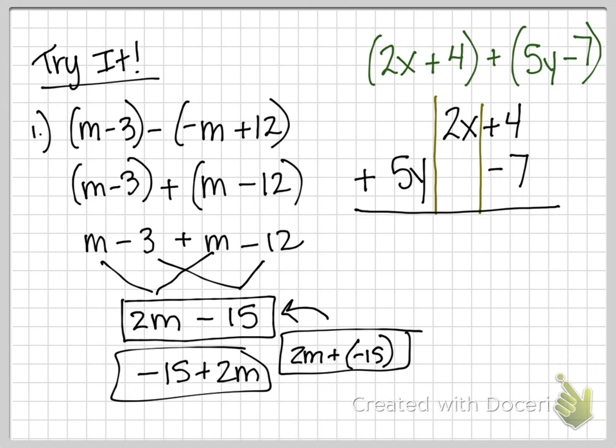Do you see that? And then we would just add, so keeping the like terms together, we get negative 3. 2x plus 0 is what? 0. I mean 2. 2x. And 5y plus 0 is? 0. So that's how you would do it. You just need to give each term a separate column so that it doesn't add with something that's not like it. Okay? Is subtraction